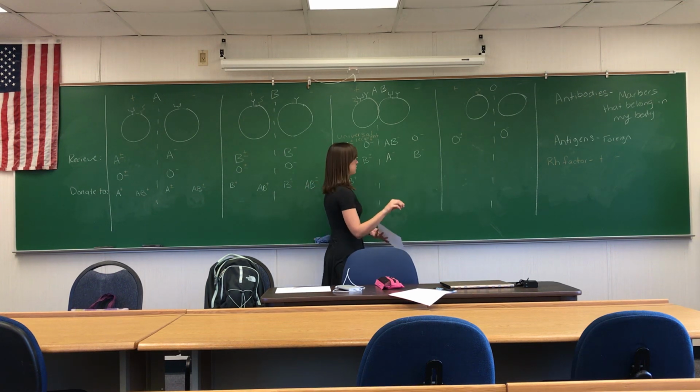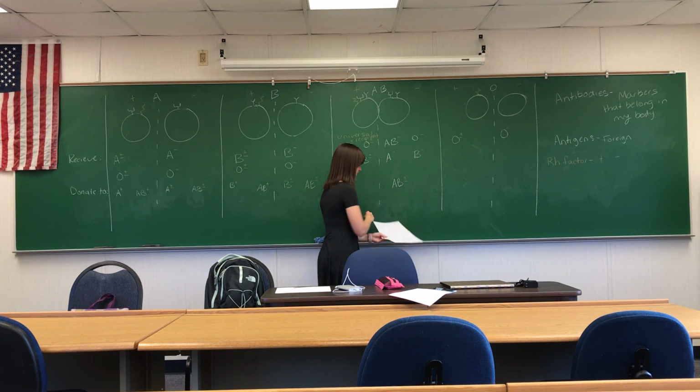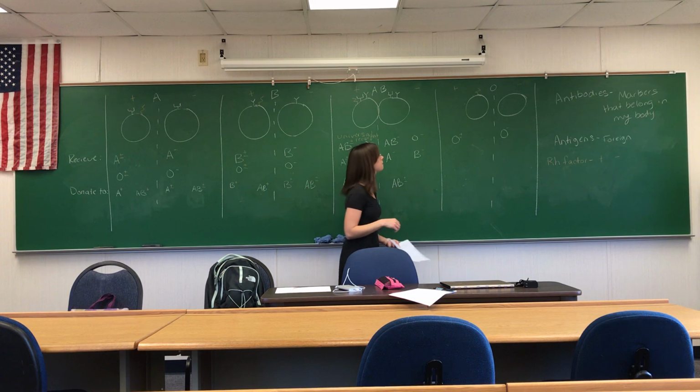So AB negative is a little bit more forgiving. AB negative can donate to AB positive and AB negative. Still, AB doesn't like to share. Not at all. So then my O blood